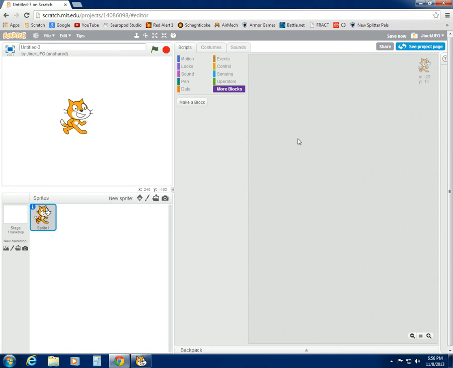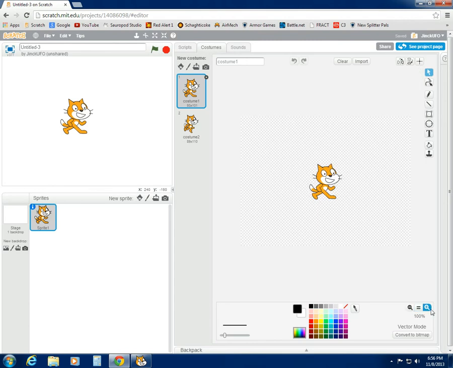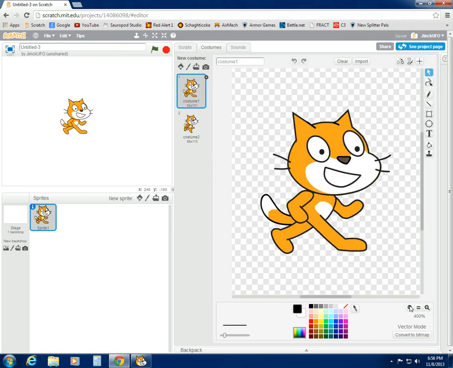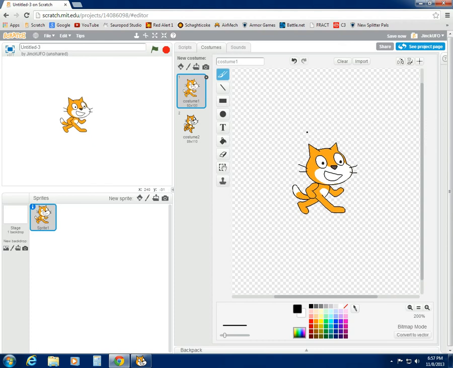And so there's not only scripts, but there's also other things you can do to affect a sprite. This is the image of the sprite, and it's a paint-like interface. If you have Microsoft Paint or Google Drawing, it's very similar. I think it's a bit easier. You can zoom in really far. And the cool thing about Scratch 2 is that there are two different modes in which you can draw. By default it's in vector mode, so it's kind of like rendering, and it's very similar to 3D graphics. But there's also bitmap mode, and you can see it's very pixelated,